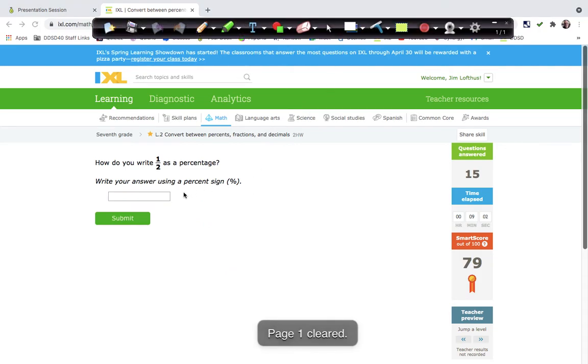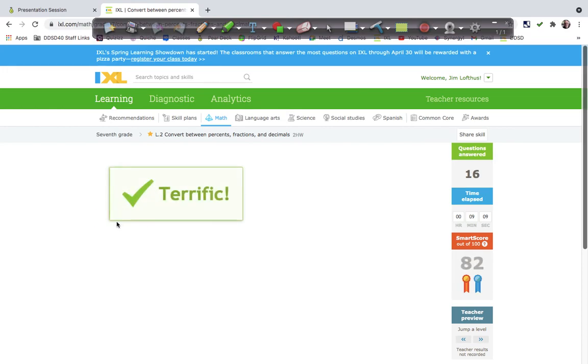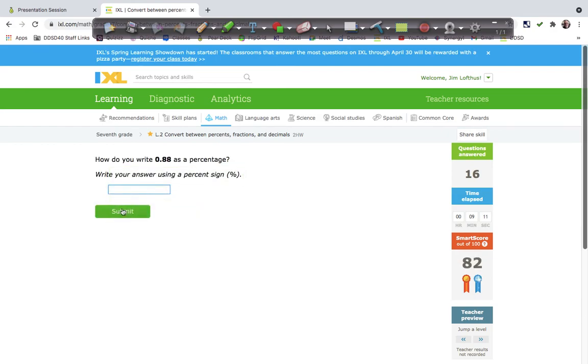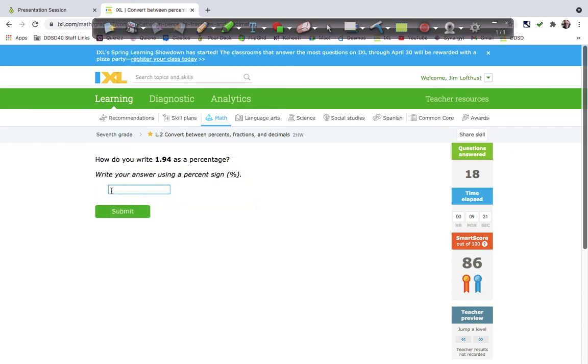Right, 1/2 as a percentage is 50%. And I'm going to put the percent sign in there. We might as well just take this up to 90. This is 88%. And this is 0.6 as a decimal. And